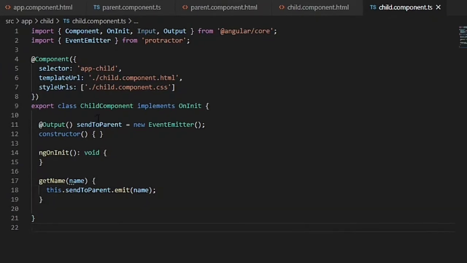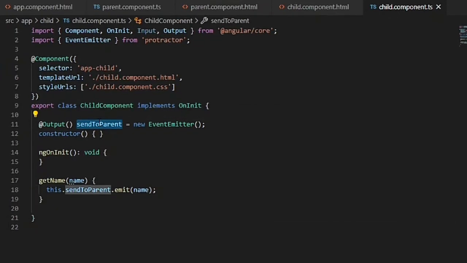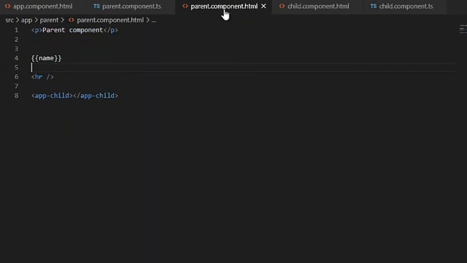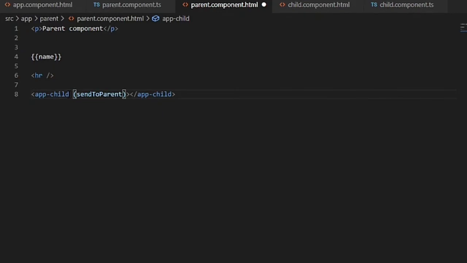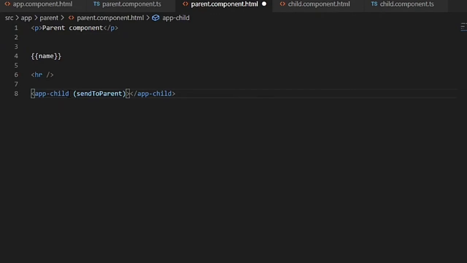Now we have to use this event emitter in the parent component HTML as an attribute of the child component, like sendToParent, that is the event emitter in the child component.